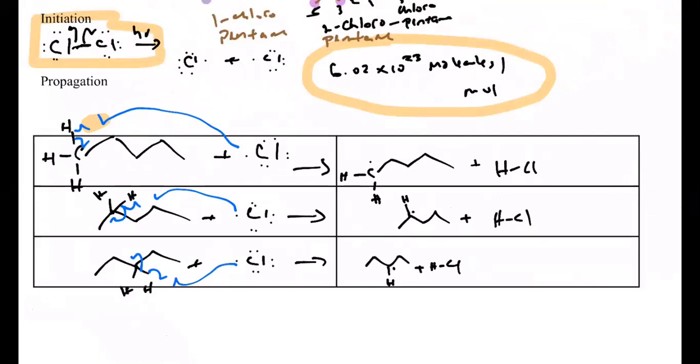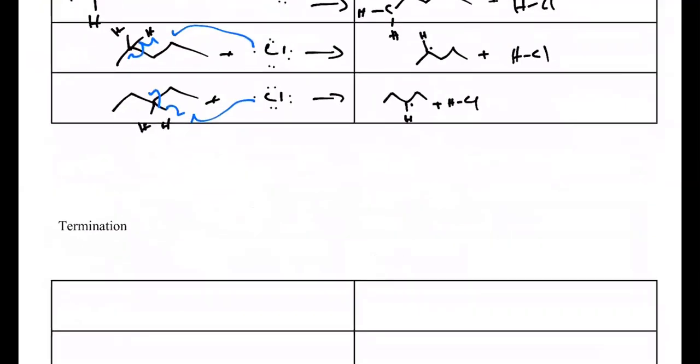All right. So now let's terminate this. And again, if you think about the termination part, one of the things that can happen in termination is your radicals that you made in propagation can also combine. So that's why this is not necessarily the most desired process to use for substitution, because you can combine any radical. So you get a lot of side products from this. All right. So let's look at termination. We're going to take every radical we made in propagation. So this one,